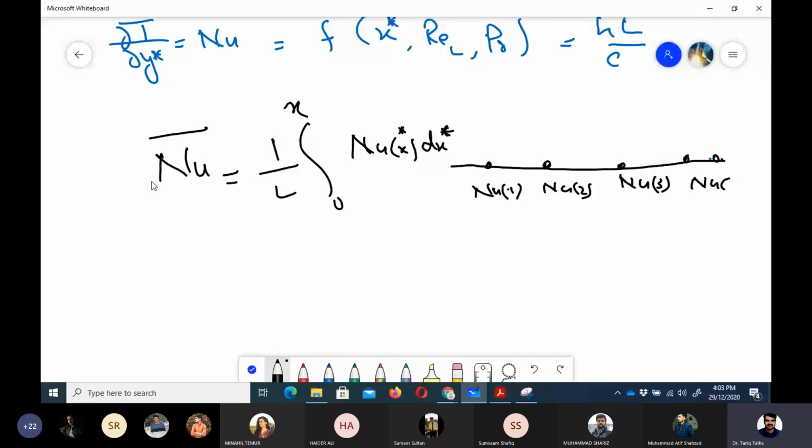Then for that case, I would have Nusselt number only a function of ReL and Prandtl number. So this is the functional form of